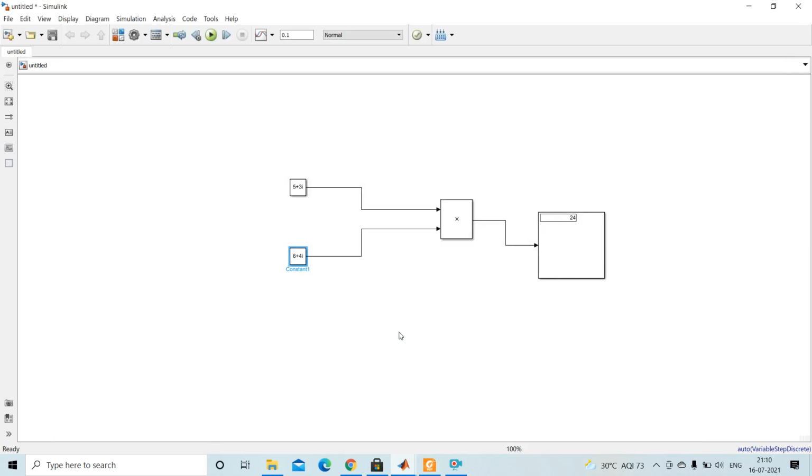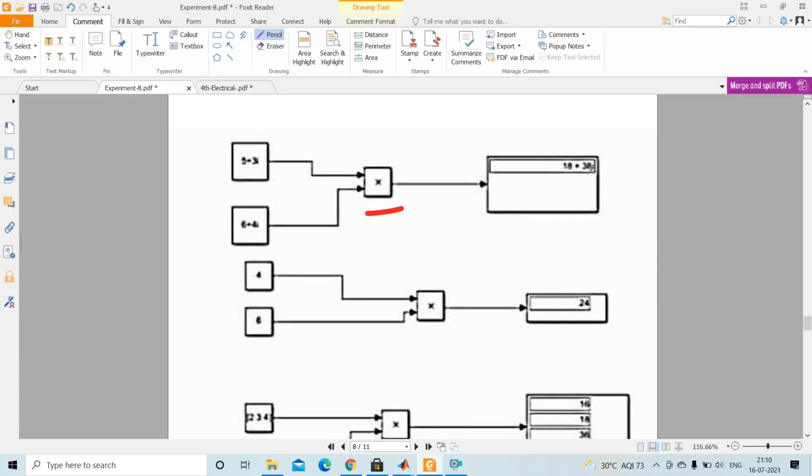Apply. So these are the complex values. Then use product. Again I will run the simulation. So see, here the answer is 18 plus 38i.